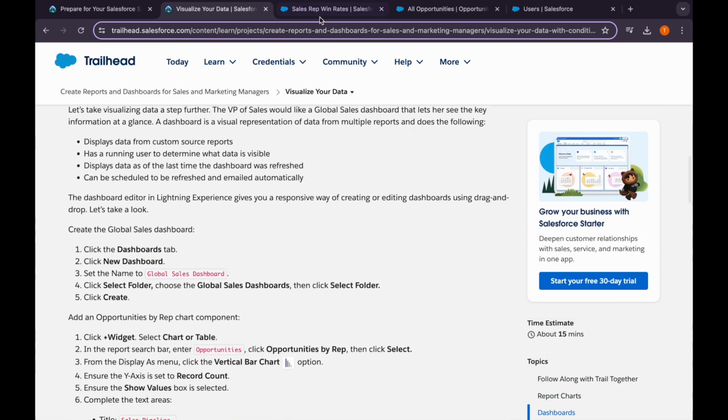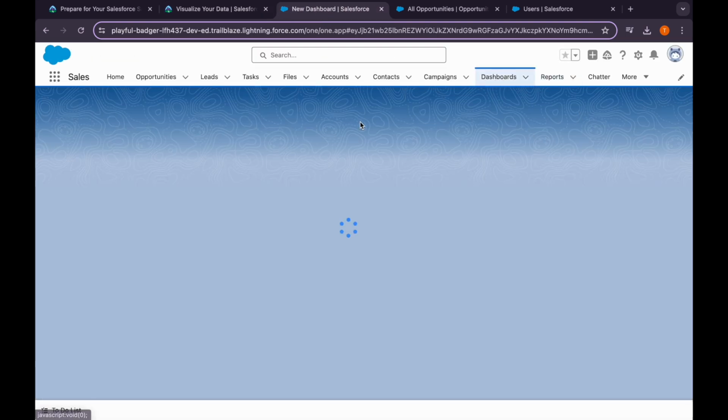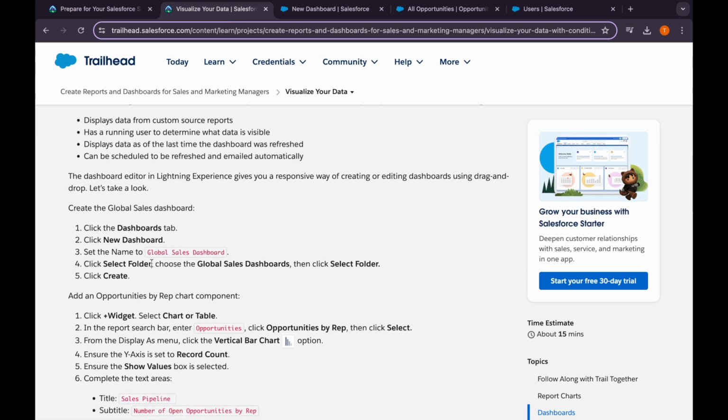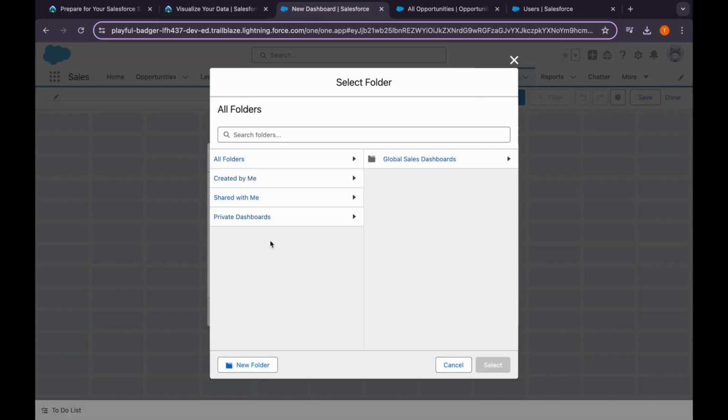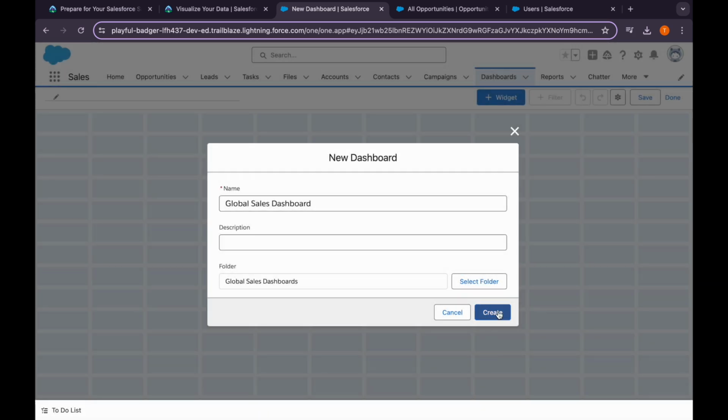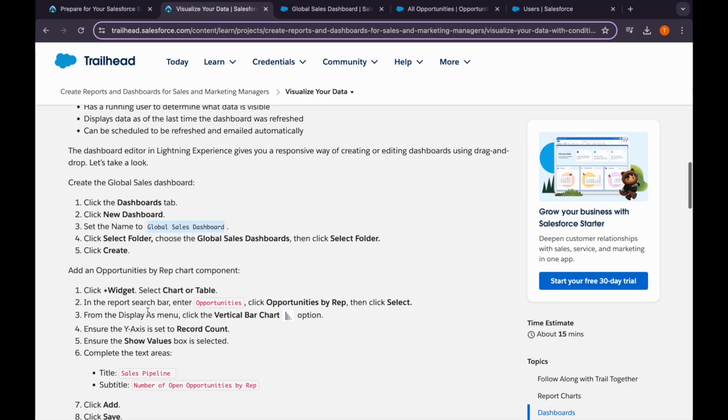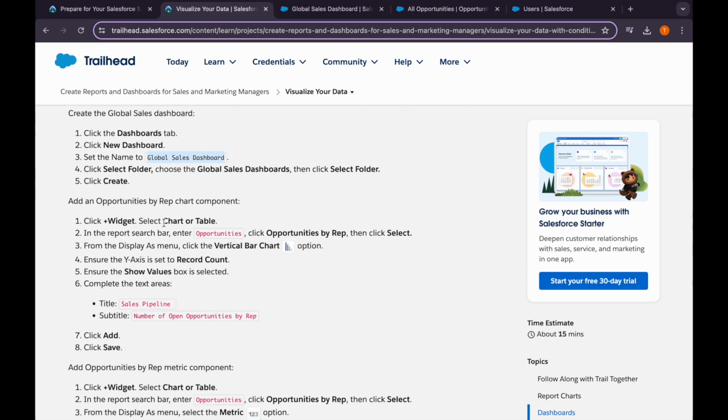Now we will go to the dashboard and create a new dashboard. Set the name to global sales dashboard, and we'll select the folder as global sales dashboard. We'll create this. Now for the widget, we'll select chart and table, and enter the report as opportunities by rep, and then we'll select the visualization as a vertical bar chart, and the y-axis should be the record count, and the show values